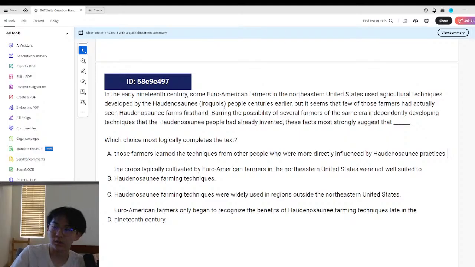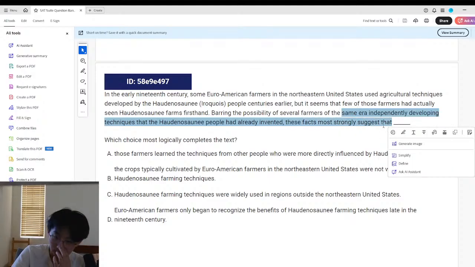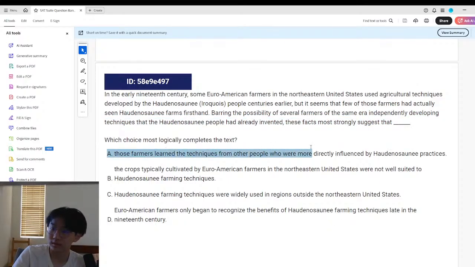I thought we were looking at the same era, developing techniques that had already been invented. I'm thinking about the benefits that the Haudenosaunee people had, but the answer is A. So those farmers learn techniques from people who are directly influenced by Haudenosaunee practice. So the reason why this is correct is because we're looking at,